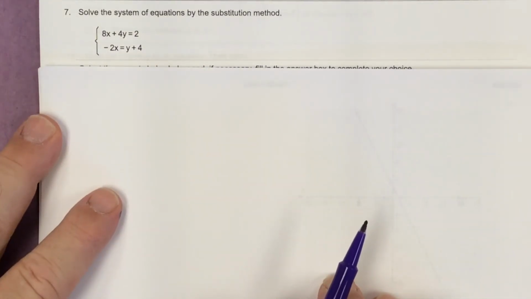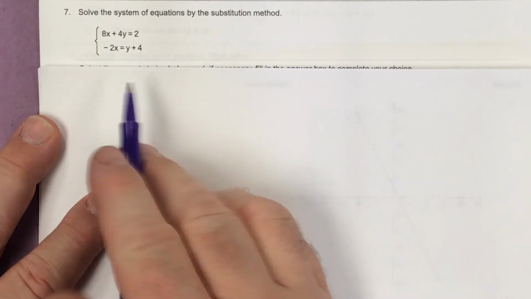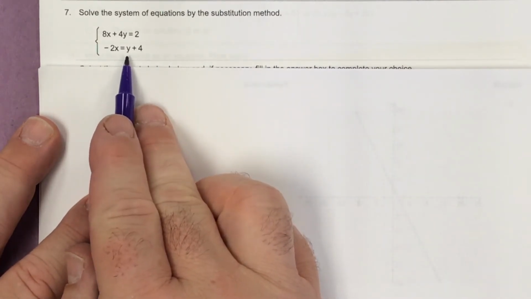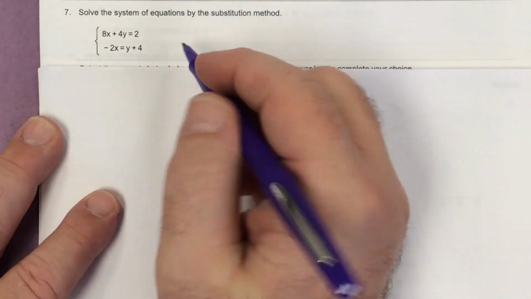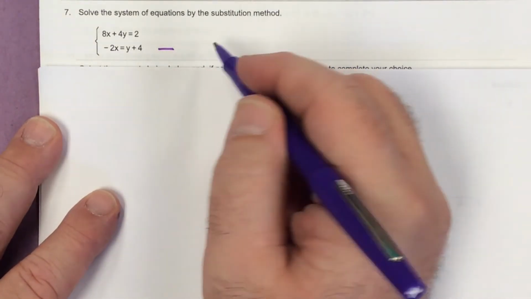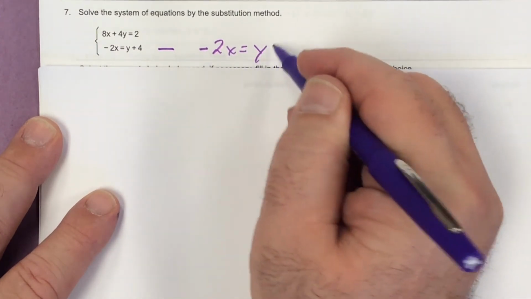All right, so what we're going to do from here is, this time, find a variable to get by itself. I think the second equation is probably easier because the y at least doesn't have a number next to it. It's not 3y or 5y or 1/2 y. It's just y and then plus 4. So I'm going to pick the second equation to manipulate, and that's going to be negative 2x equals y plus